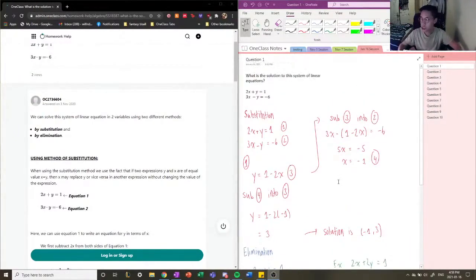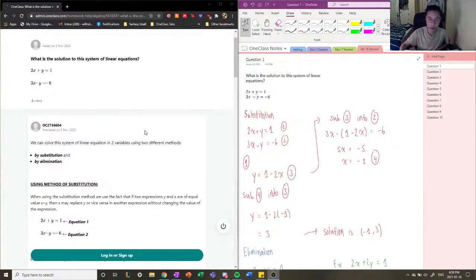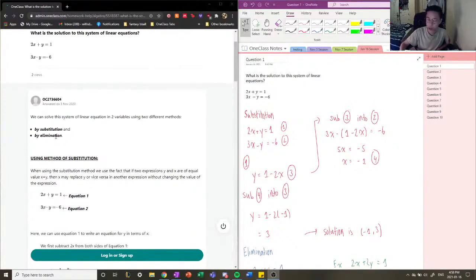So I'll quickly run through the question again. The question reads, what is the solution to the system of linear equations? And the linear equations here are 2x plus y equals 1 and 3x minus y equals negative 6. Okay, so I found the solution to the system of linear equations by what the junior tutor suggested